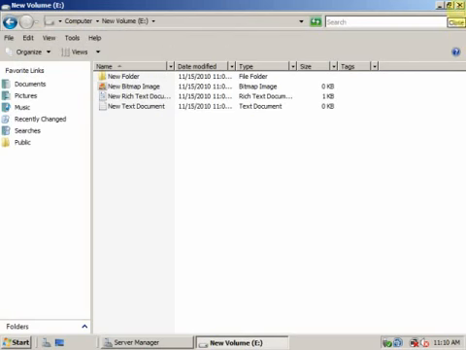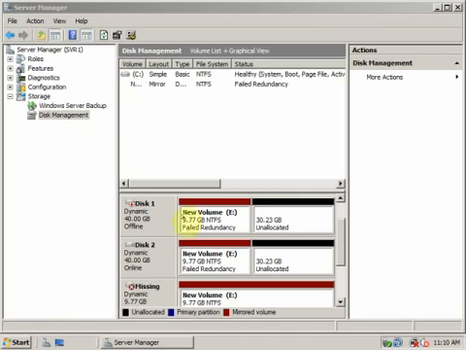So this is the importance of mirrored volume in data redundancy, and this is how it is done on Windows Server 2008 using